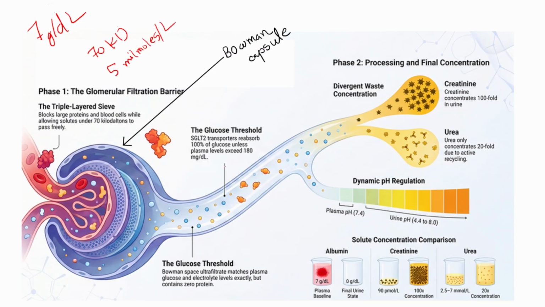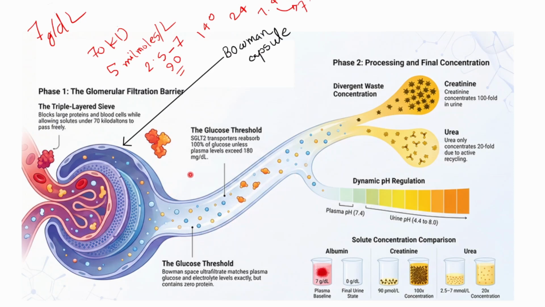Similarly, urea sits at 2.5 to 7 millimoles per liter. Creatinine is at 90 micromoles per liter. Sodium ions match at 140 millimoles per liter, and bicarbonate matches plasma at 24 millimoles per liter. The pH shifts slightly down from the systemic plasma window of 7.35 to 7.45, stabilizing at an initial filtrate pH of approximately 7.35. As the ultrafiltrate leaves Bowman space, it enters the specialized tubule sections, the first one being the proximal